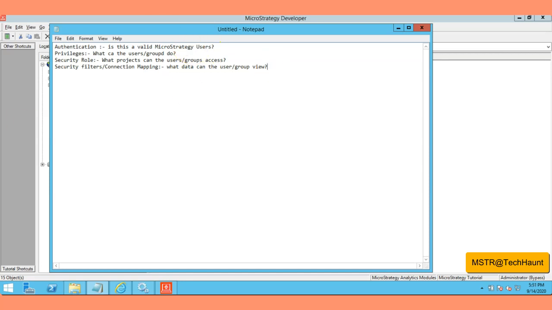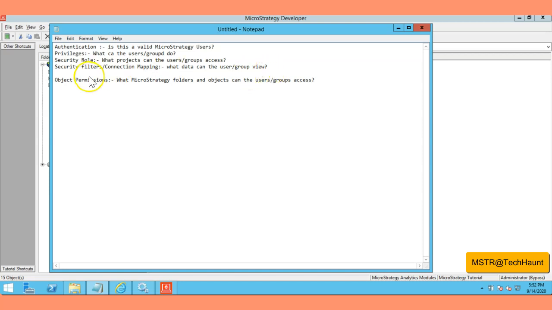MicroStrategy provides a couple of security features to safeguard access to the system, projects, functions, objects, and the data. And as I mentioned earlier, we also have object permissions, which determine which MicroStrategy folders and objects the users and groups can access.